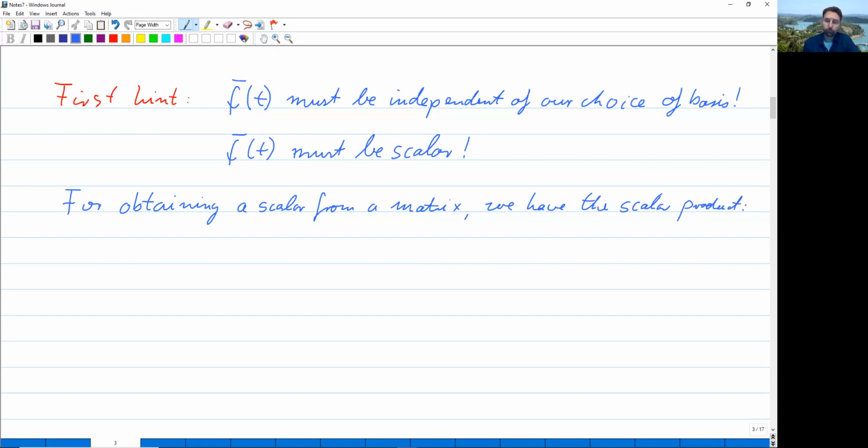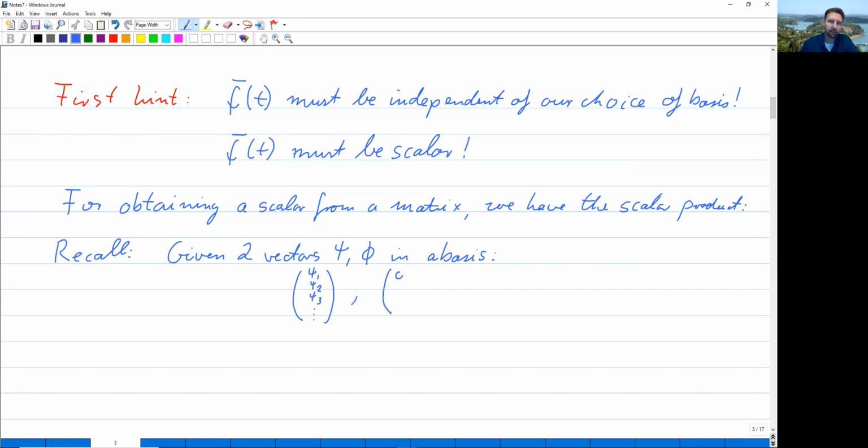So, recall, given two vectors, let's call them psi and phi, in a basis. So we have psi given as psi1, psi2, psi3, dot, dot, dot. And similarly, we have that phi is given with phi1, phi2, dot, dot, dot. Given two vectors in a basis by giving their coefficients, and these coefficients could be any complex numbers,